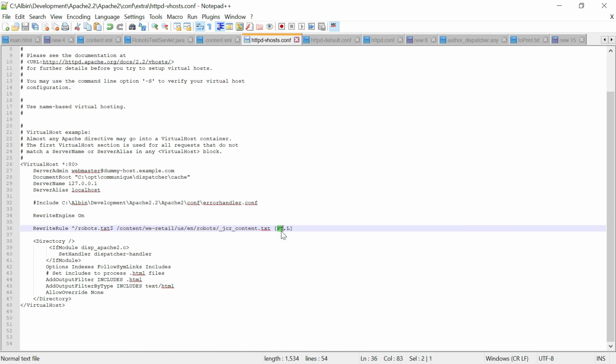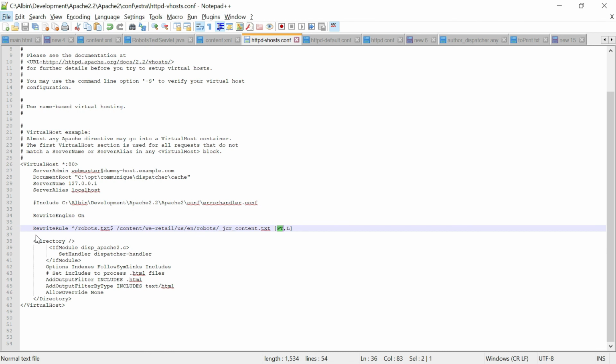It just manipulates the URL and passes it through to the backend publisher. So it's content vretail USEN robots jcr content, like this. You may need it for all the websites based on where you keep your robots file. In our case, this is USEN, it's under that.